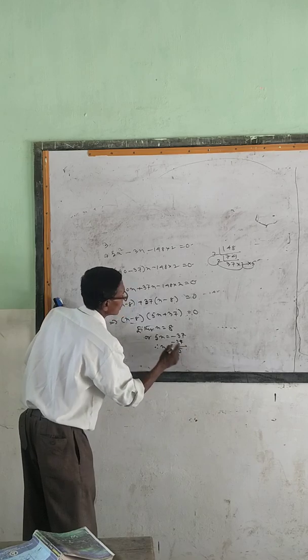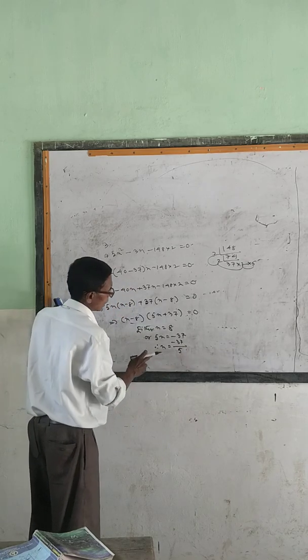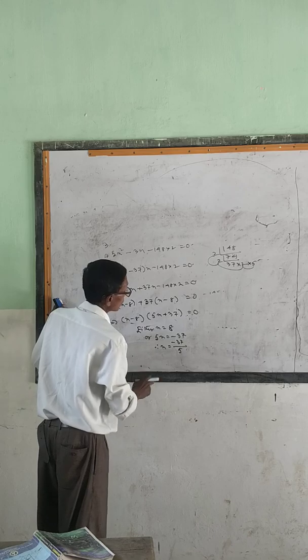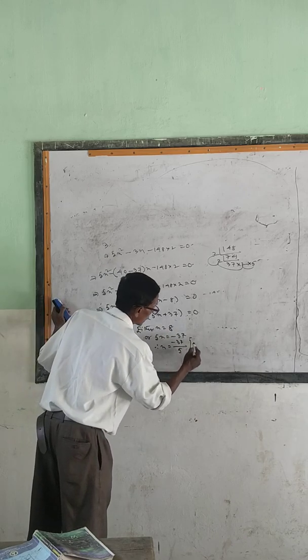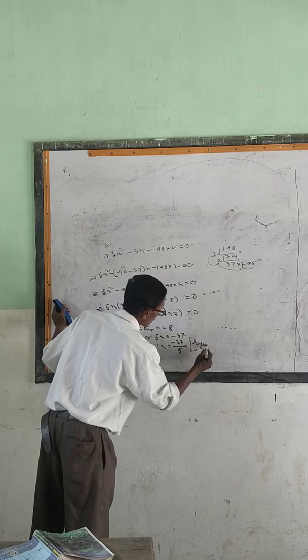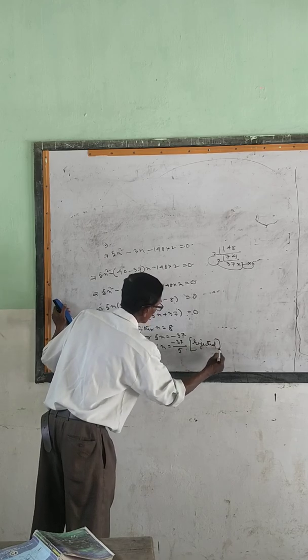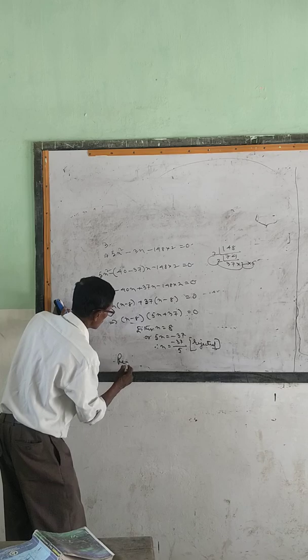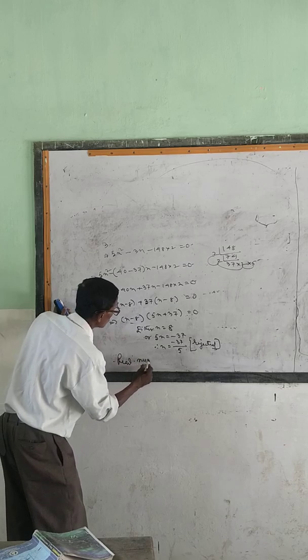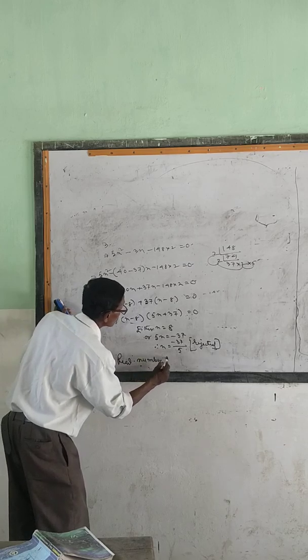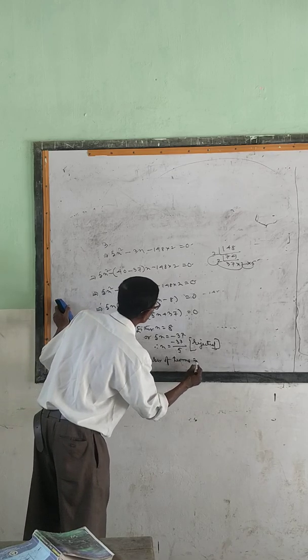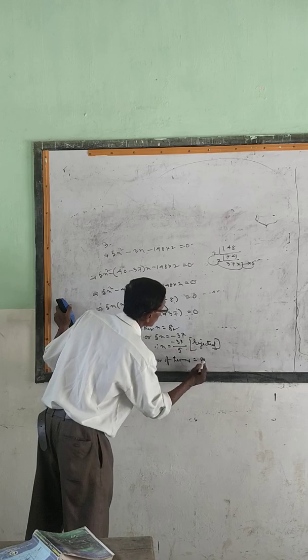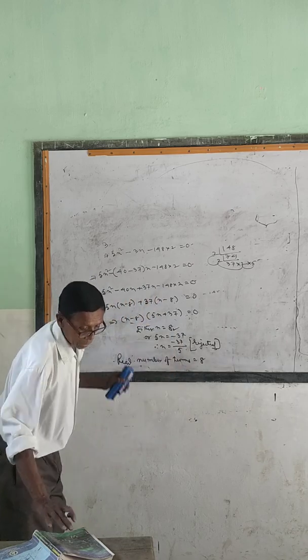by 5. Remember that the value of n cannot be negative or fraction. So now we are getting fraction as well as negative. So this should be neglected or rejected. Now require number of terms. This equal to how much? The number of terms will be this 8. This is rejected. Now let us come to,